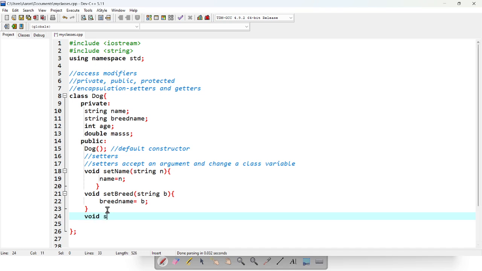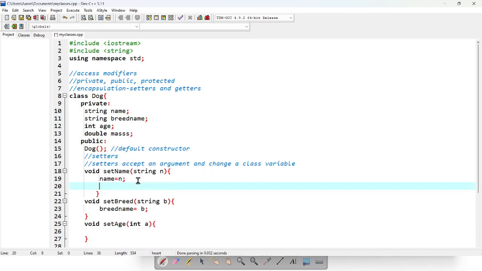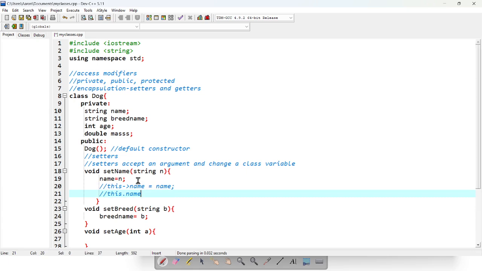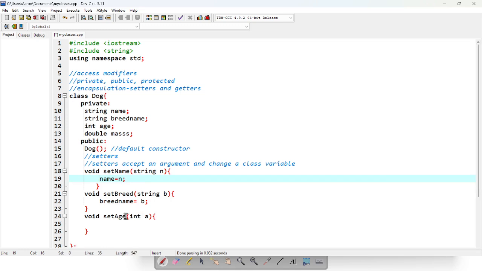And you say void set age. You say int a. It's not recommended to name them like this. It's recommended to name them the same name as this, and then use this keyword. So here, the best method would have been to say this name is equal to name. If you're using Java, it will look something like this. But name is equal to name. Okay. So for now, we haven't yet dealt with pointers, so I'm going to talk about that. You're going to say age is equal to a,